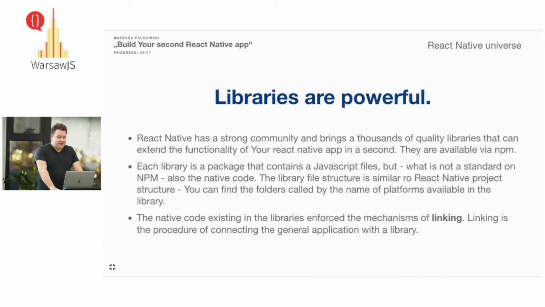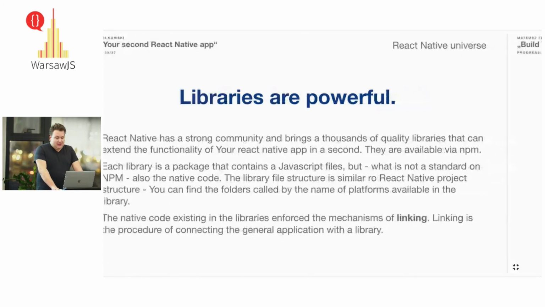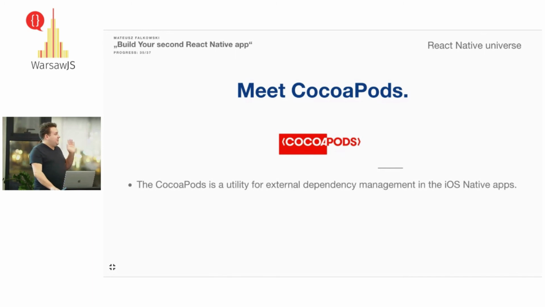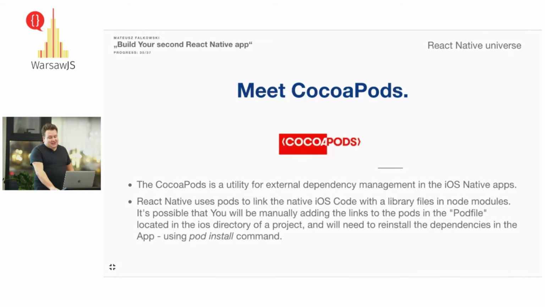And React Native has something like auto-linking that should work, but you will often also end up with CocoaPods. What is CocoaPods? It's a package manager for iOS applications. So it's very likely that you will have to manipulate them by hand, because auto-linking does not always work, or some application requires you to do it manually for some reason. Please remember that it's open source, so not always everything is delivered.